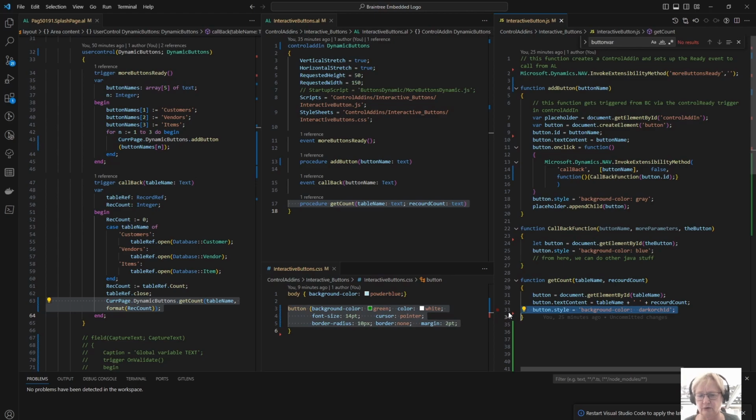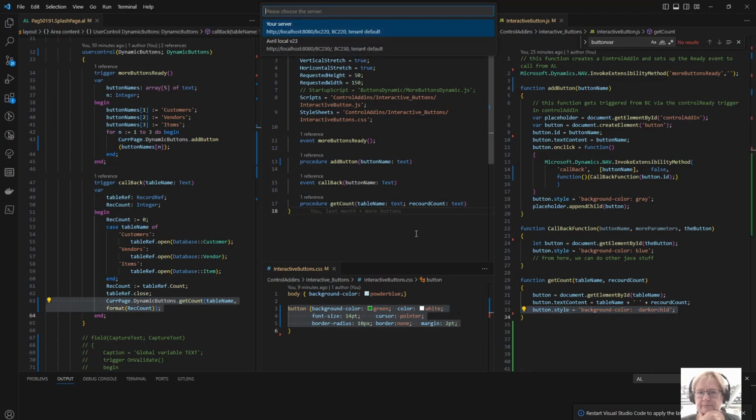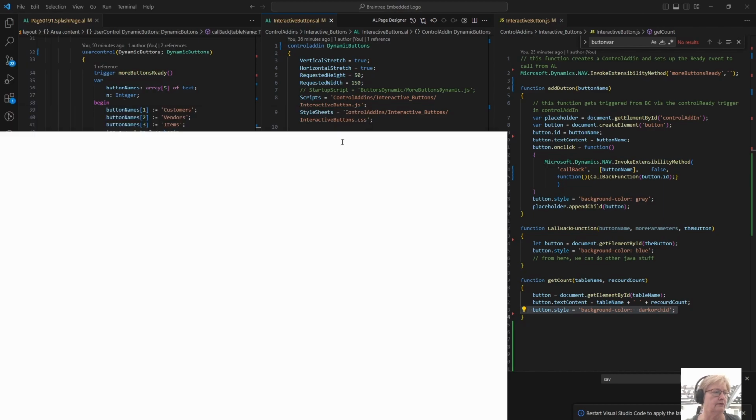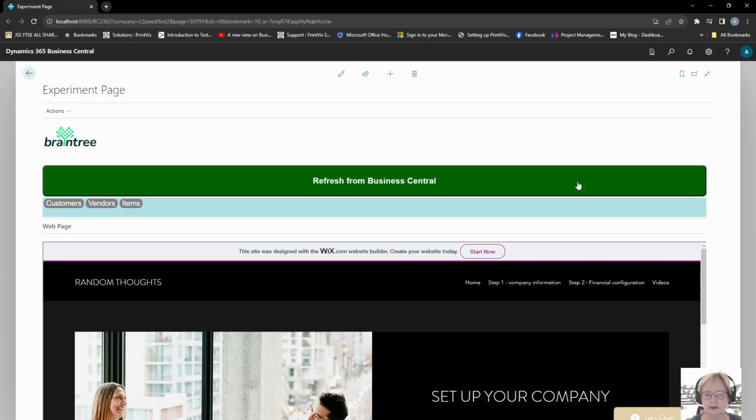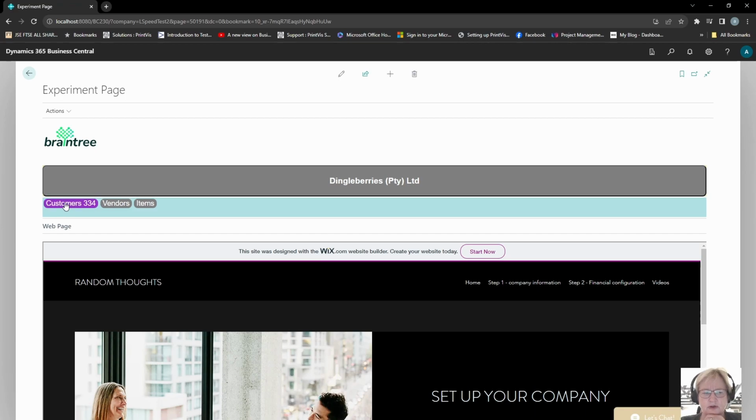Okay, let's see how that works. Let's try and compile this. And we need to pull this over here. I'm going to click here first just to get my company name. Here you will see our three buttons, customers, vendors, and items. And if I click on customers, what I am expecting it to do is to pass that customers record count back to JavaScript. So when I click on it, it is going to open the table. It is going to calculate how many records there are, and it is going to send that back to JavaScript,